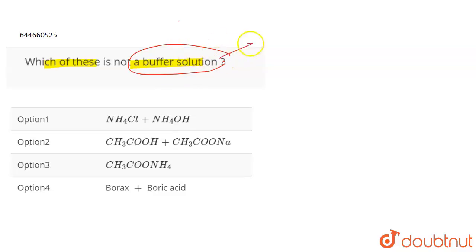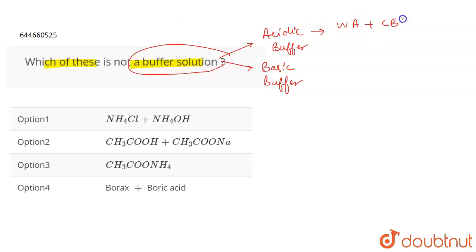Now, we have two types of buffer solutions. The one is the acidic buffer, right? And the other is the basic buffer. Now, acidic buffer is formed by the combination of a weak acid and its conjugate base, right? So, this conjugate base, which is actually a salt, this salt is of the weak acid and the strong base,